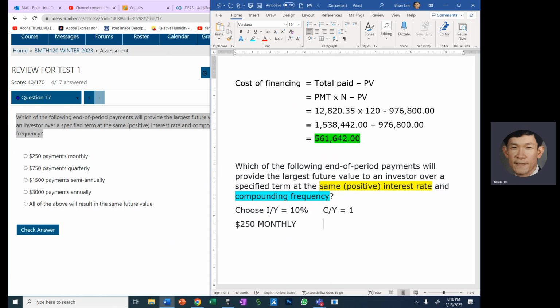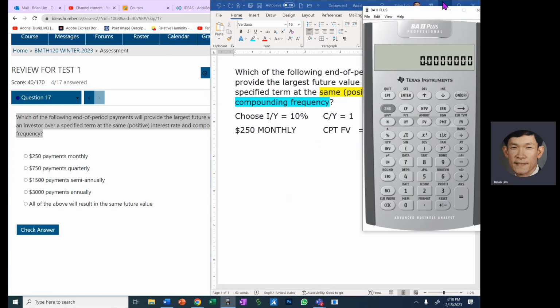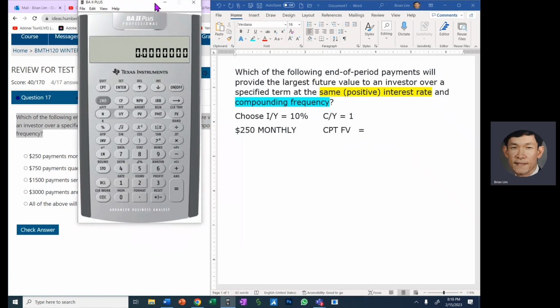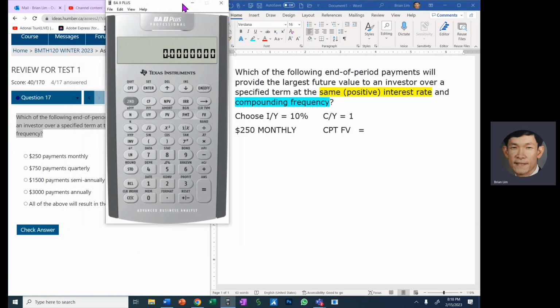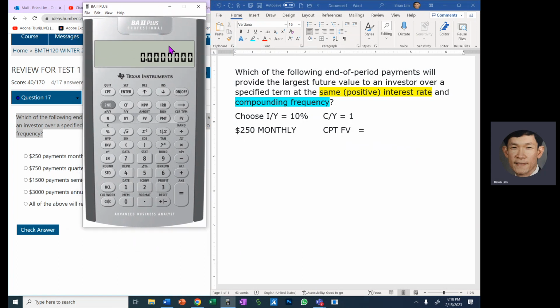All right, so we're computing the future value, right? We'll do it once and then we will just put the numbers in. So let's go. We need a calculator, of course. So we will pop the calculator up and we'll move the calculator over here because we can see the payments. We can just move this and we can get to whatever we wish. All right. So now we put in